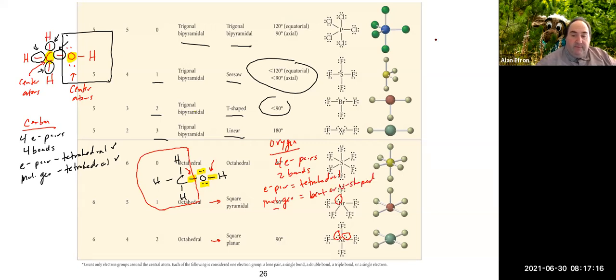And actually, if you were to build a model of methanol, it would look like that. You would have your tetrahedral arrangement there with the carbon, and then you get this bent or V-shaped part coming down here where we have the OH group. So it is possible, obviously, as we've seen here, and we talked a little bit about previously, that